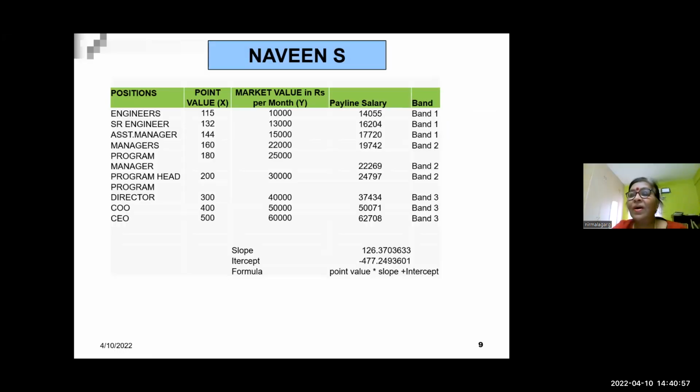Let's go to Naveen. Hi, Naveen. Now, I see the sheet which you have created as a template point plan, right? Yes, ma'am. I think that's fine. So I'm going by this only, Naveen. Whatever points you have given here, and then I'm going by the market data. I'm not looking at its accuracy right now, more in terms of how you have done it. But if there are certain things which can be added,